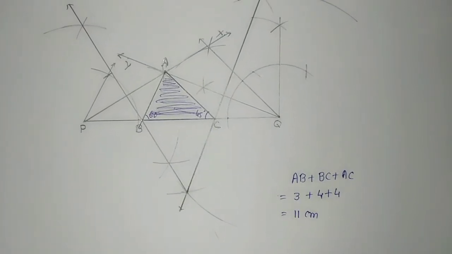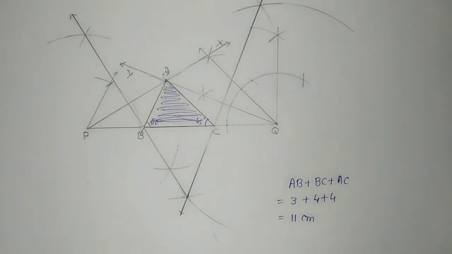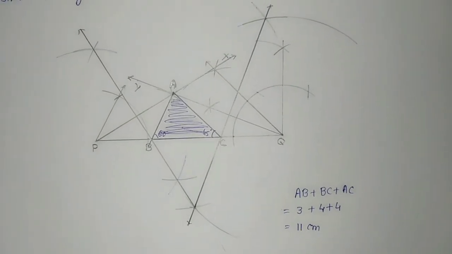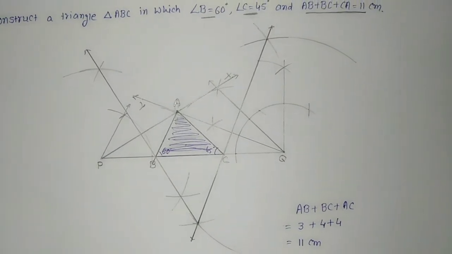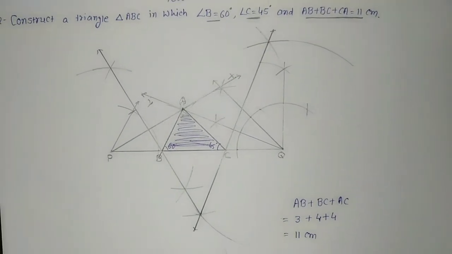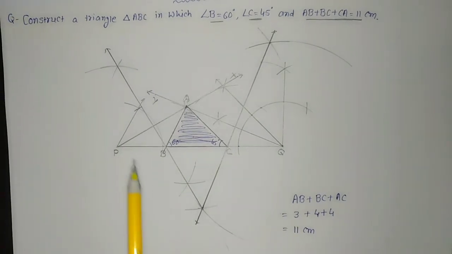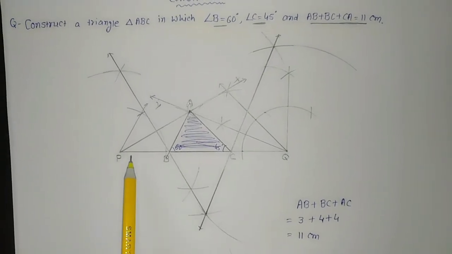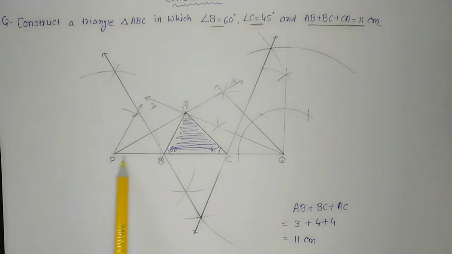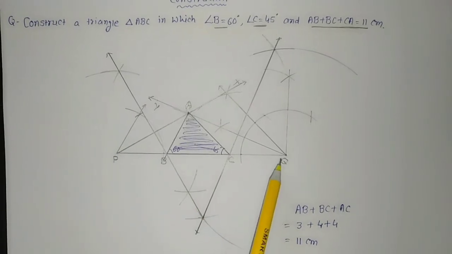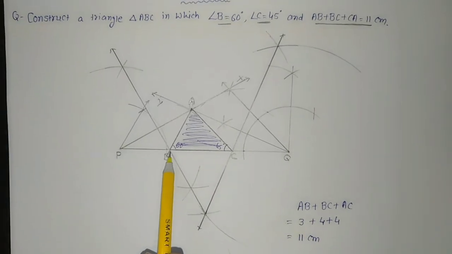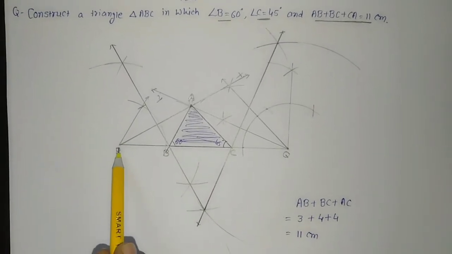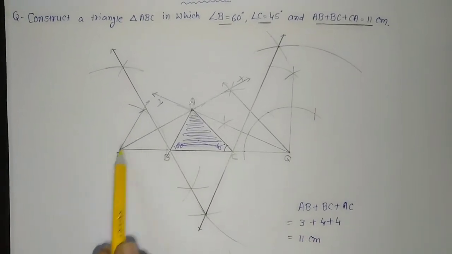You can score good marks, that is all 4 to 5 marks you will be getting in this construction, but the necessary thing is you have to write the steps of construction. In steps of construction, what you have to write is what we did. So again I am explaining simply that first of all, whatever the measure of total AB plus BC plus CA is given, that we have taken as the measure of PQ. Then whatever measure we want at angle B, the same measure I have taken for angle P, that is 60.